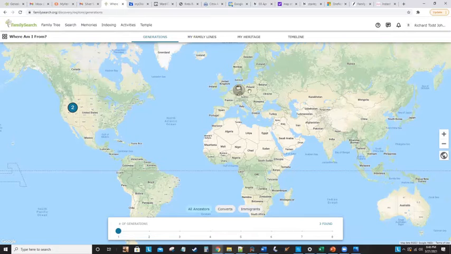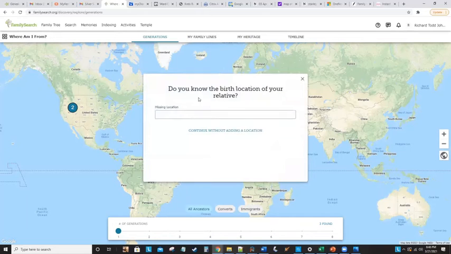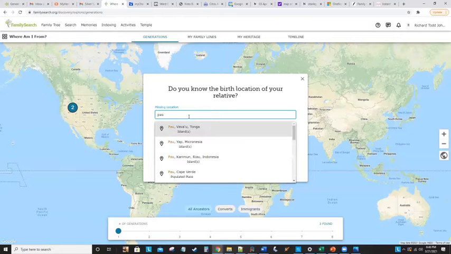I've got my father, which there's a glitch for some reason on him, and I don't know why, and I'll talk about that in just a second, and then myself and my mother. Even though his FamilySearch page is correct, it shows that my father was born in Paul, Idaho, which he was. But if I click on his picture and then click on his name, it says missing location. For some reason, this application doesn't show his birth. So I'm going to type that in real quick. We're going to type in Paul, Idaho,